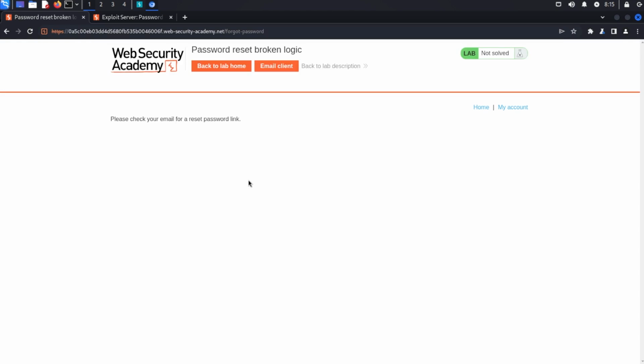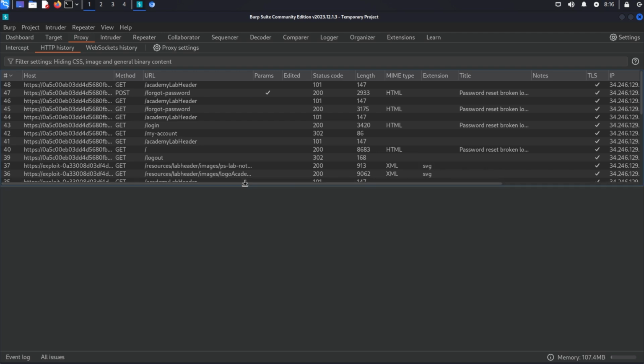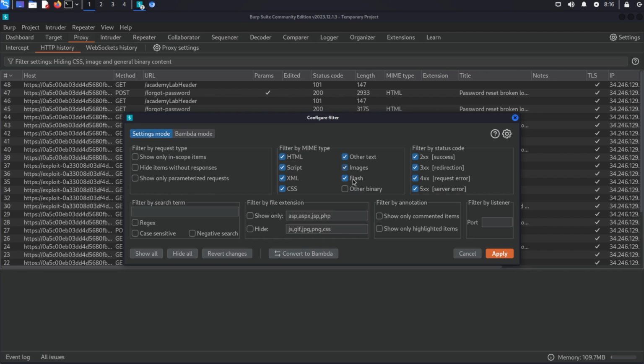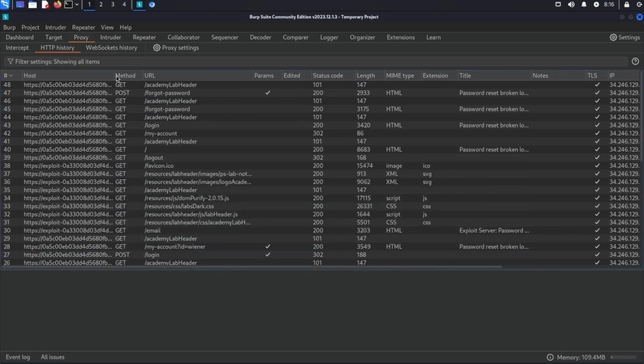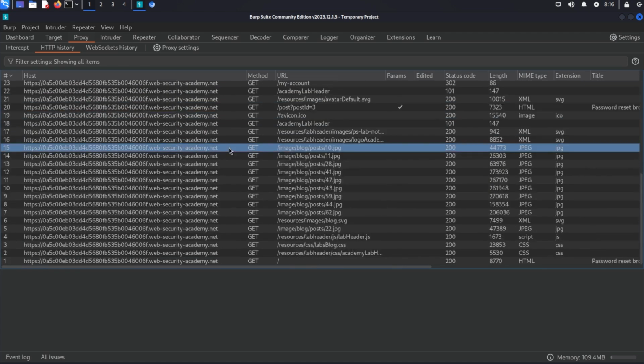Now, usually once I've stepped through the functionality that I want to take a look at, so we've stepped through almost all of the functionality, and we haven't submitted any comments or any information to the blogs yet, and we haven't updated our email. But if we're looking at authentication, then we've stepped through logging in, logging out, and also using the forgotten password feature. So if we come over to here, all of our traffic is in here. And what I would often do is just take a look through, switch on all of these filters,